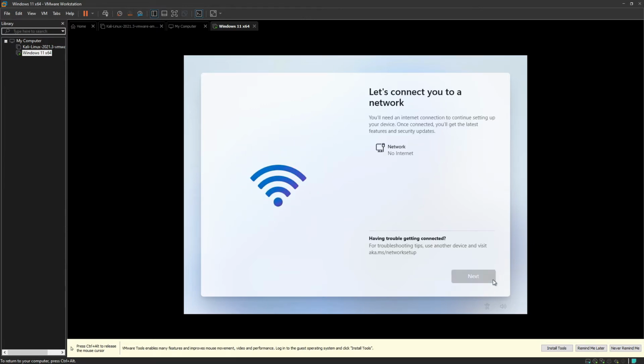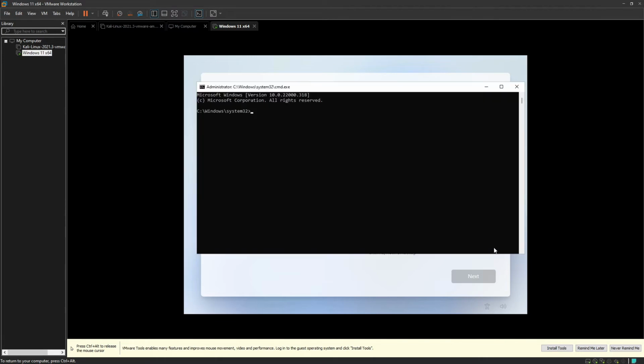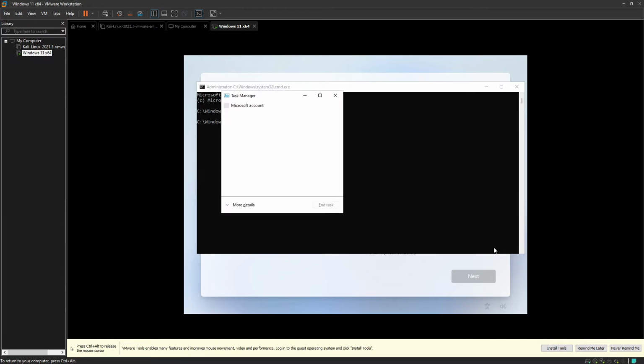Alright, so here we are at this annoying screen. Here, hold down Shift and press the F10 key. This will open up a command prompt. Now open Task Manager here by typing in taskmgr, hit enter. Expand this up.